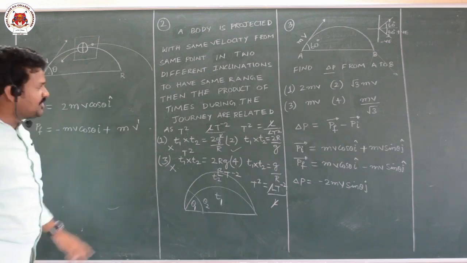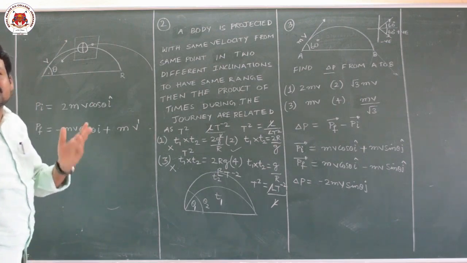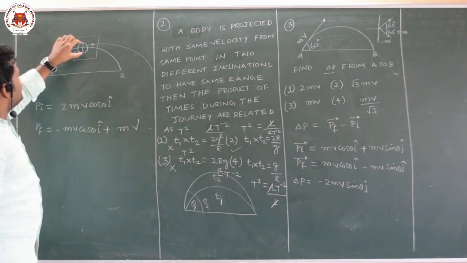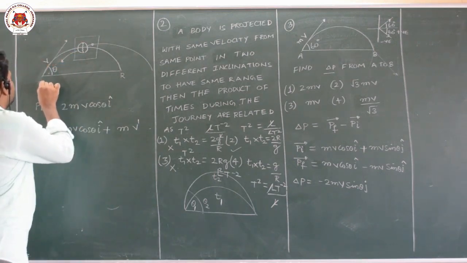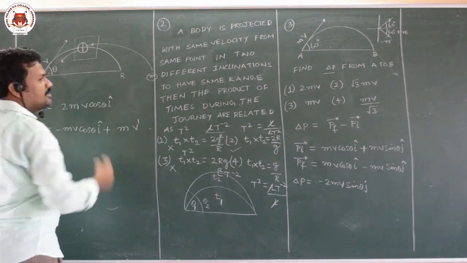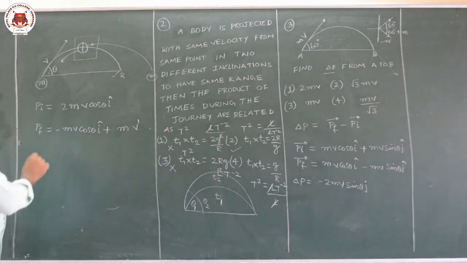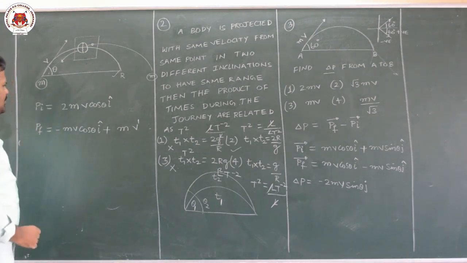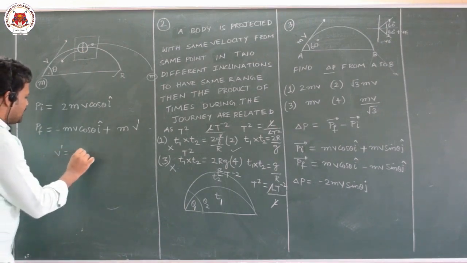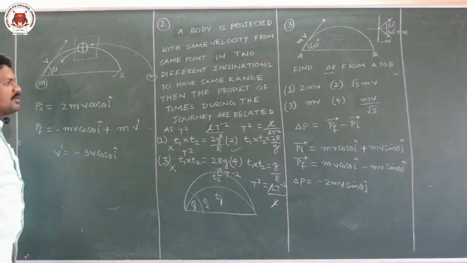Even after taking this velocity, you calculate at what distance it falls. Afterwards you calculate the center of mass, it will be at the range only, because the motion of the center of mass is independent of internal forces. Internal forces will not affect the motion of the center of mass. So after this, this body is falling here, so m is here and another m is at a certain distance. Now calculate their center of mass, it will be at the range only. By using this principle also you can find that velocity, but this is the simplest method. Just equate this, you will get mv is equal to minus mv dash, so v dash is equal to 3v cos theta i cap. If you take the magnitude, it is 3v cos theta only.